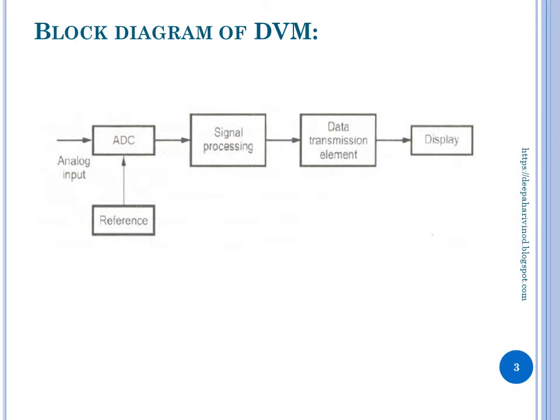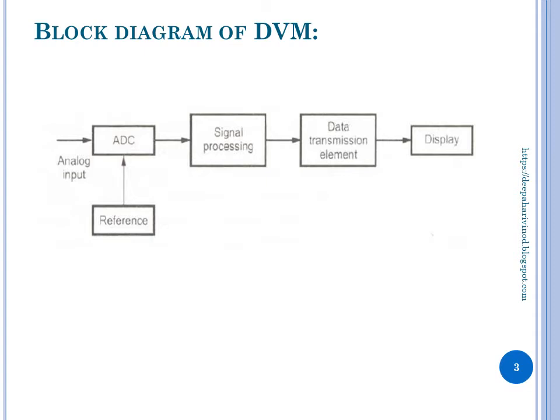Block diagram of digital voltmeter, that is DVM. A digital voltmeter is a measuring instrument that converts an analog voltage signal to digital so that it can be displayed. DVMs have various features such as speed, automation, operation and programmability. Several varieties of DVM differ in the following ways: number of digits, number of measurements, accuracy, speed of reading, and digital output of several types.